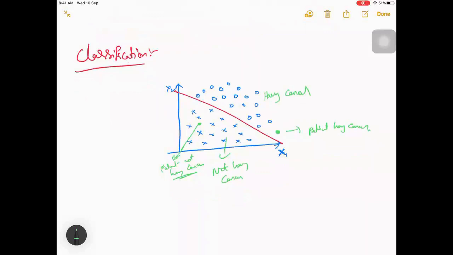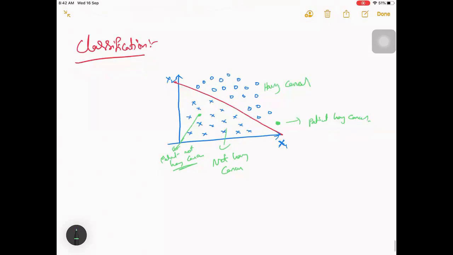So what they'll be doing here is plotting these values and trying to get a kind of separation between them. Once you get a separation, then for a new patient, depending on whether he lies on the right side or the left side of the line, they will be confirming if he is affected or not.